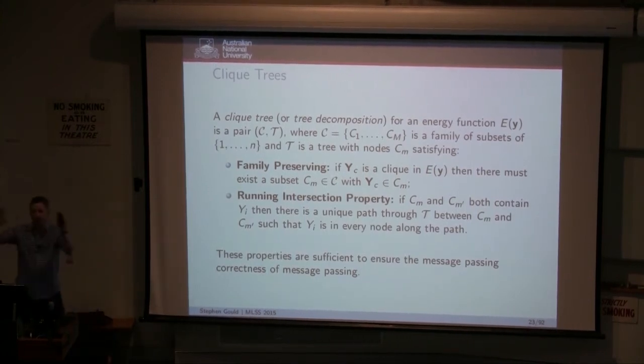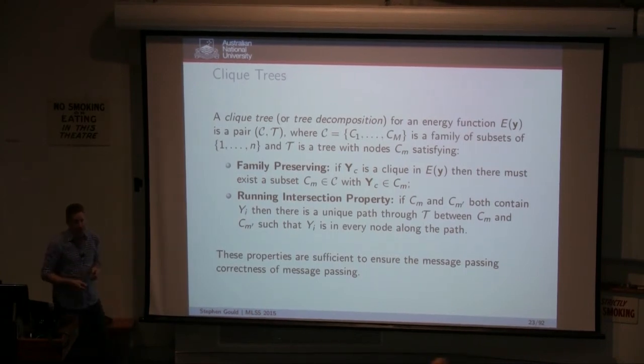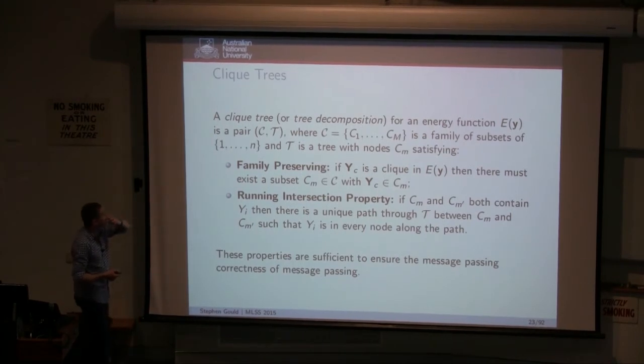Okay, so we've shown that we've got this great message passing algorithm that works well on chains. It takes us from an exponential inference algorithm down to an inference algorithm that's quadratic in our label space. It turns out we can generalize this algorithm to run over trees. And so what I'm going to do is define something called a clique tree or tree decomposition